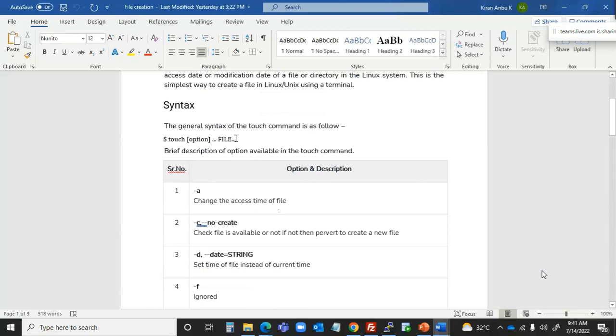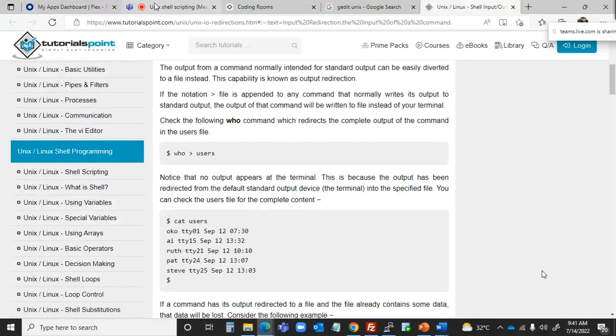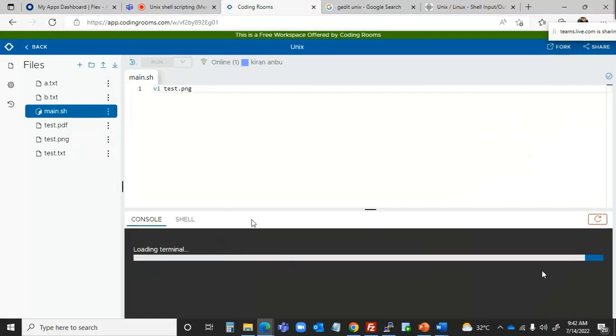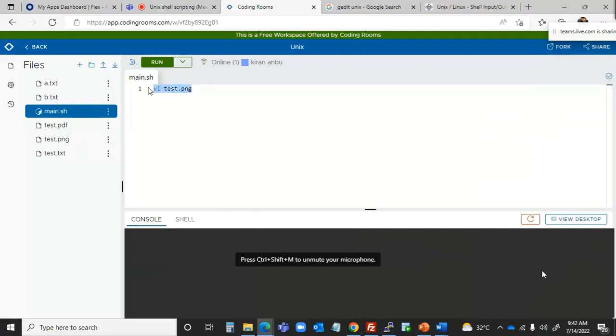File name I have tried, right, touch a.txt, but in between touch and the file name you can use a hyphen. -a is to change the access time of the file, and -c will check whether the file is available or not, and to create a new file. So for example, a.txt is already there, right? So let's try to use touch to create the same file. a.txt is already there. So when I do,